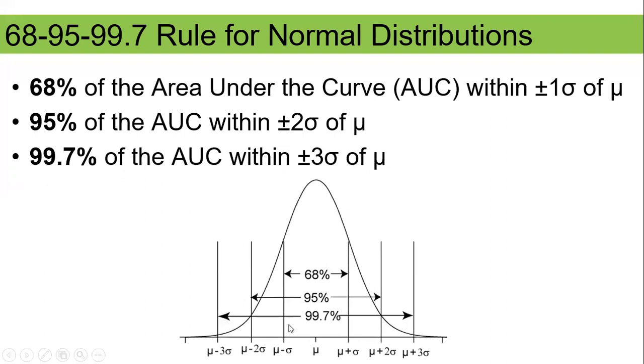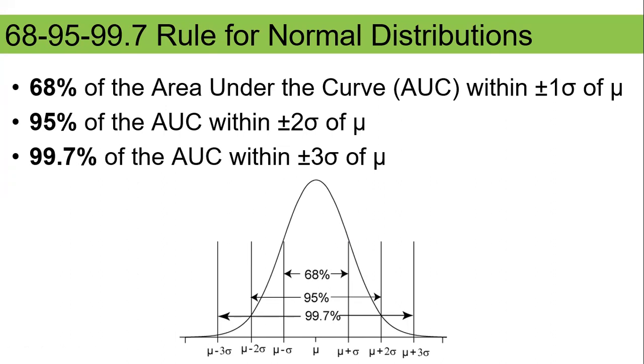So here, if you draw a vertical line here and another vertical line there, then the total area under this curve is 68%. If it is within 2 standard deviations away, then everything under the curve here is 95%. And if you go from -3 to 3, or 3 standard deviations away from the mean, then the total area under the curve is